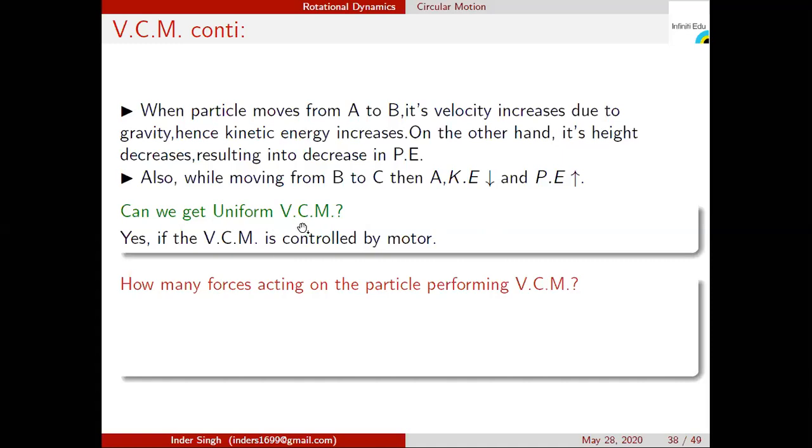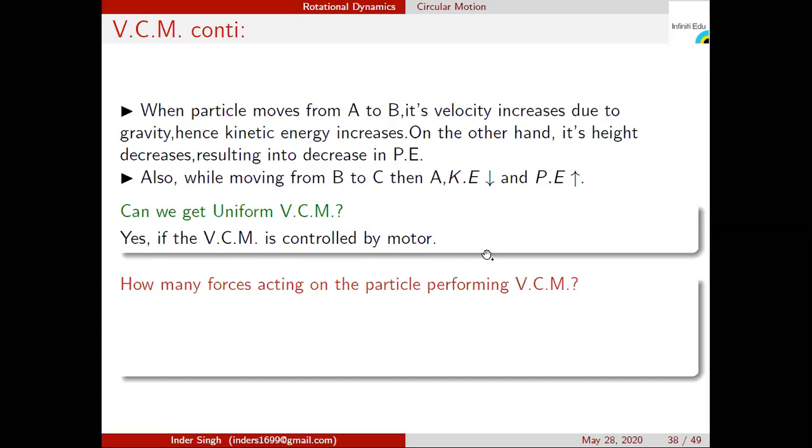Uniform vertical circular motion. ऐसा नहीं है कि 12 बजने के बाद में जब भी वो 6 बजे तक नीचे वाले डायरेक्शन में आता है, तो बहुत फटाफट वो सुई का कांटा गिर जाता है, राइट, बिकॉज ऑफ ग्रेविटी. और जब भी वो 6 से फिर 12 की तरफ जाता है तो उसकी स्पीड धीरे धीरे कम होती जाती है. तो ऐसा नहीं है यहाँ पे. This is what controlled by a motor.